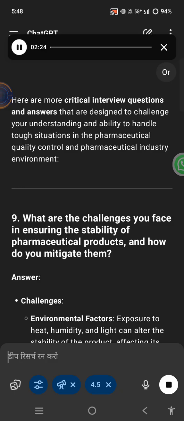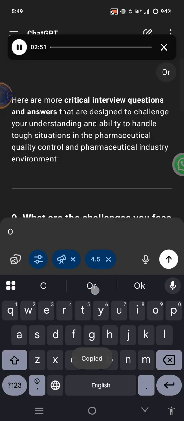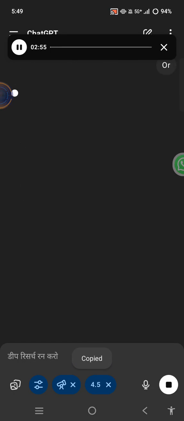197. What is the role of process analytical technology, PAT, in pharmaceutical quality control? Answer. Process analytical technology is a system used to monitor, control, and optimize manufacturing processes in real time. It involves the use of analytical tools to gather data and inform decision-making, enhancing process control and ensuring consistent product quality. Key elements of PAT. 1. Real-time monitoring. PAT uses sensors and data analysis to monitor critical process